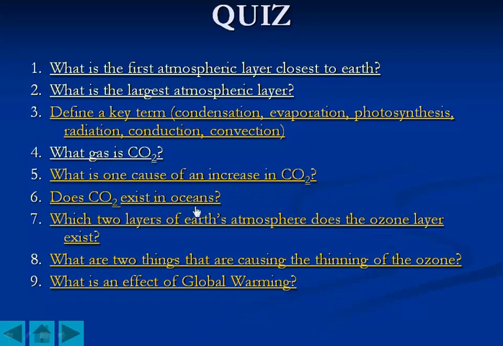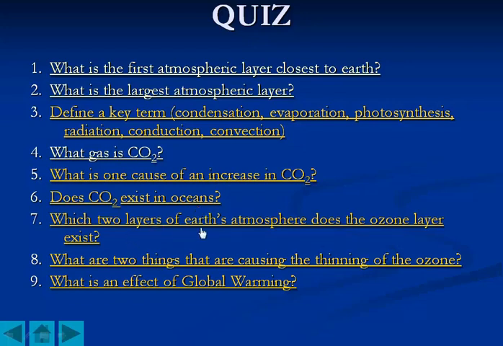Does CO2 exist in the ocean? Yes, CO2 is absorbed into the ocean and it is consumed by the aquatic life in the ocean. And many planktons consume this carbon dioxide. Carbon dioxide exists in the ocean in a trapped form.